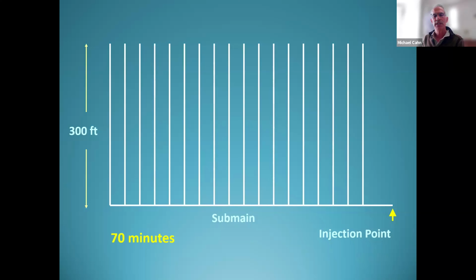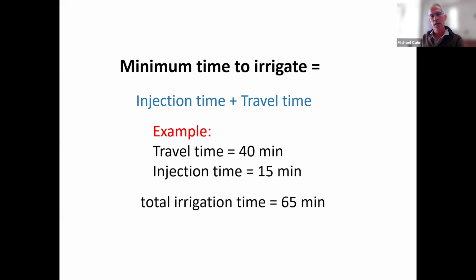What's going on is the rate of movement of that dye or that fertilizer really depends on how many emitters are ahead of it. So as you get closer and closer to the end of that drip line, you have fewer and fewer emitters, so the flow rate really starts dropping, if that makes any sense. So you can inject really fast, but the water flow is going to determine how fast that fertilizer moves into